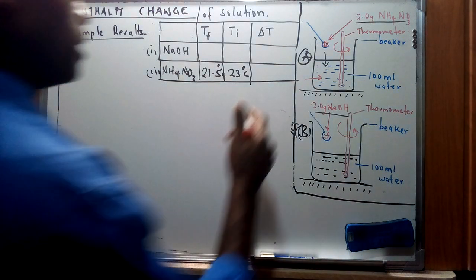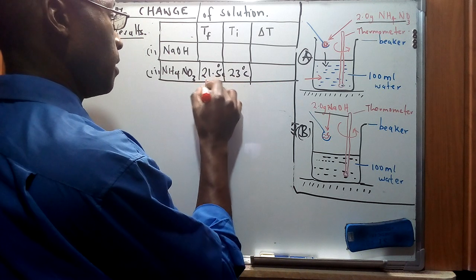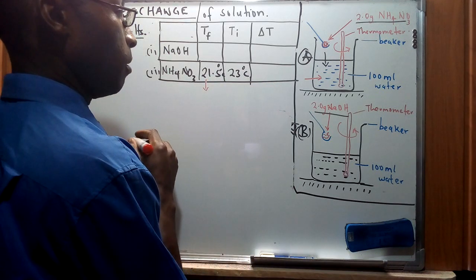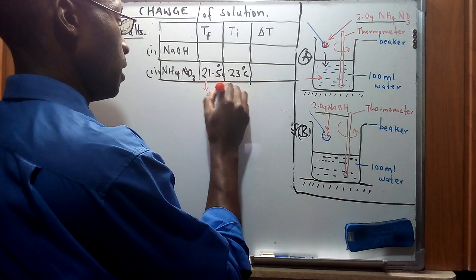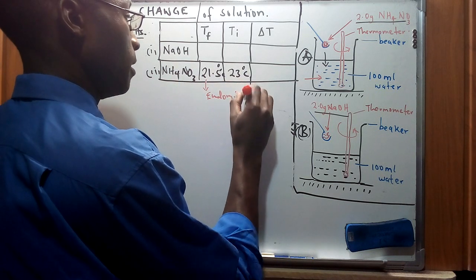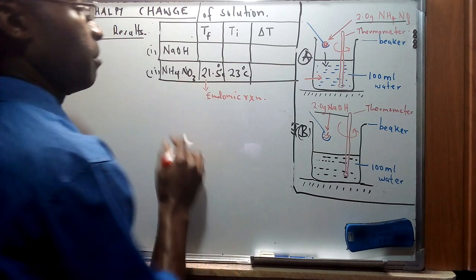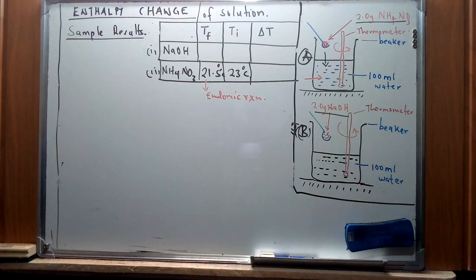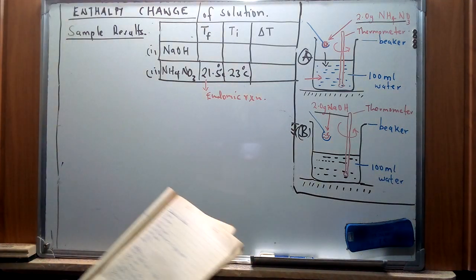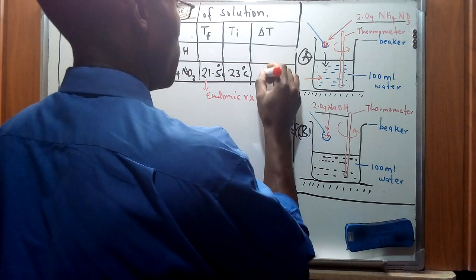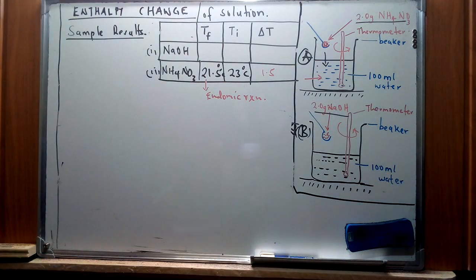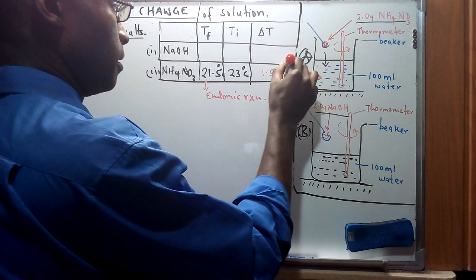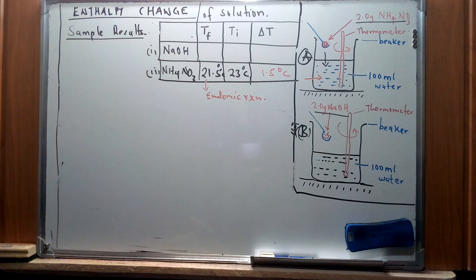So therefore this kind of reaction, we can give it a notation of either endothermic or exothermic. So therefore this is going to form an endothermic reaction, since there is a drop in temperature whereby the system takes in heat from the surrounding. So the change in temperature for our case here is going to be 1.5 degrees centigrade. So for ammonium nitrate,